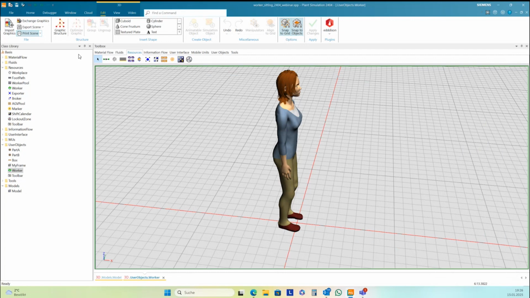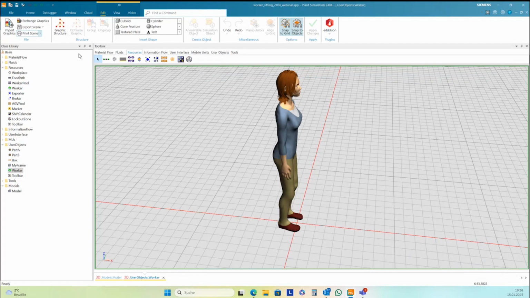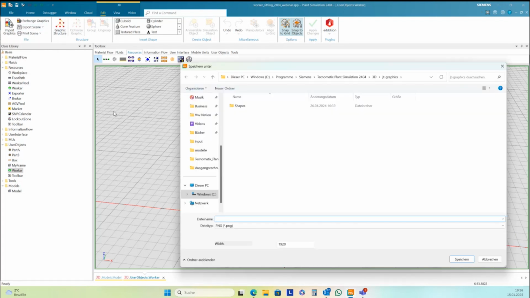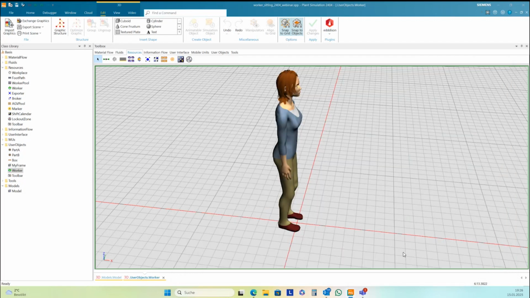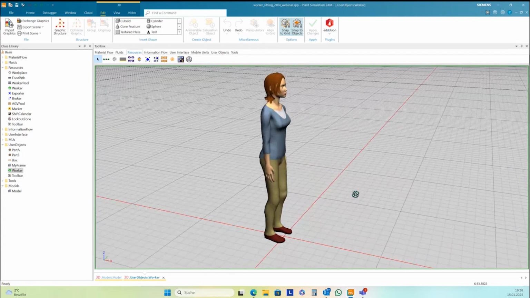If you select just export graphics, then it's only one JT. And the last one is just a picture. It's just a bitmap. And so you have two different graphic formats.